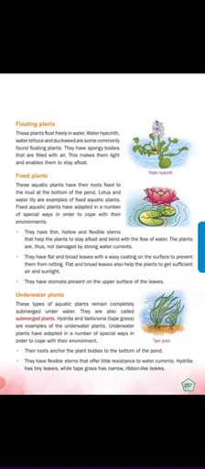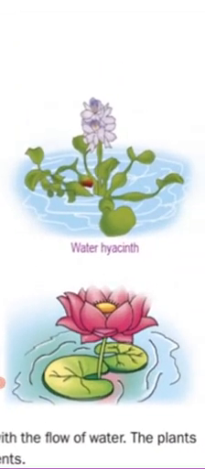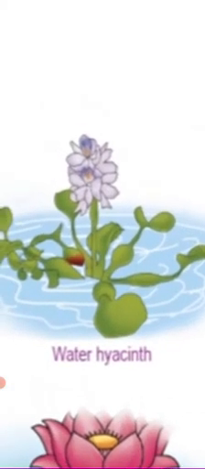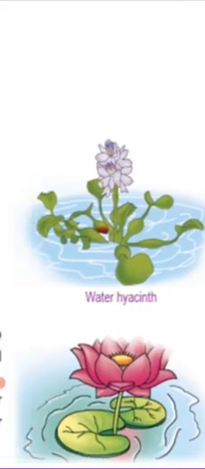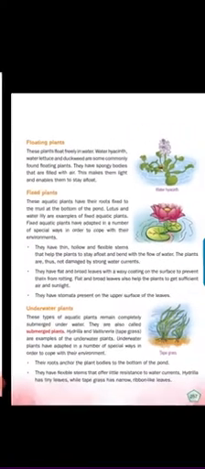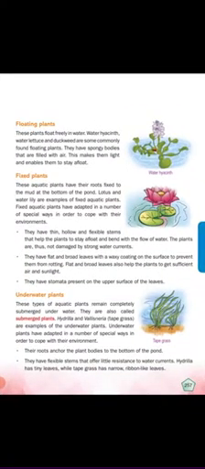These plants have spongy bodies. What does spongy bodies mean? The bodies will be nicely soft, okay? And filled with water. See here in this picture, can you see how it is? It looks spongy, yes or no? Yes. So it is filled with water, clear? So that is called floating plants. They are very light, and it enables them to stay afloat.